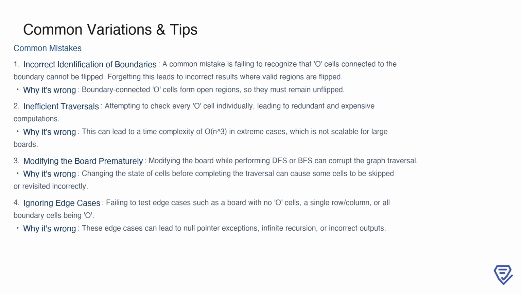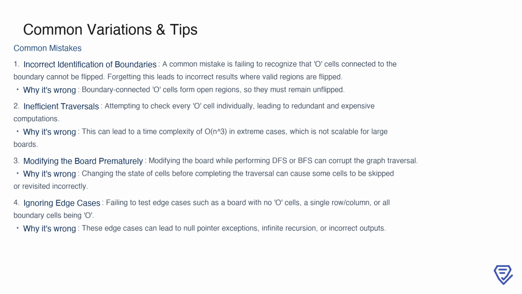Another frequent pitfall is inefficient traversal, where each O cell is checked individually. This can lead to redundant computations, especially in large boards, pushing the time complexity unnecessarily high, even up to O(n^2) in extreme cases. Modifying the board prematurely during a DFS or BFS traversal is another critical error. Changing the state of the cells while still traversing can disrupt the algorithm, causing certain cells to be skipped or